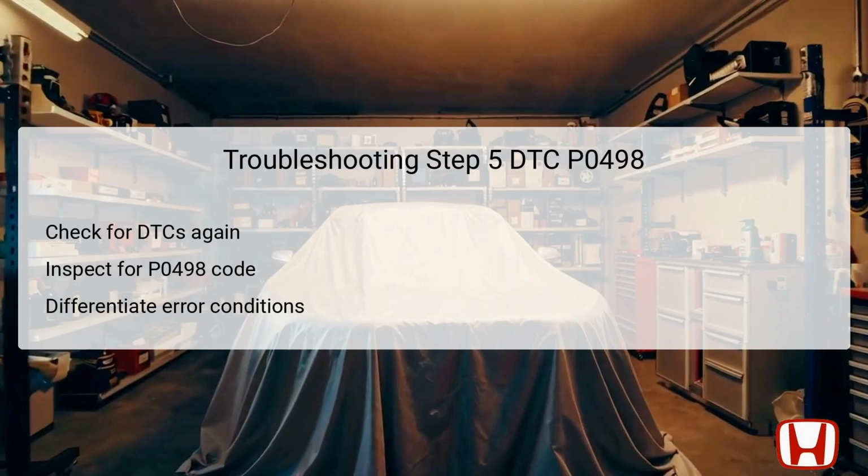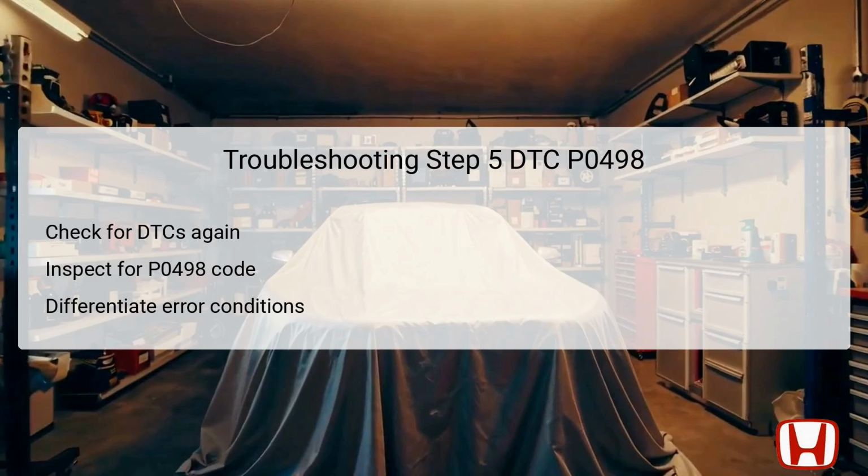In Step 5, the technician is required to check for any pending or confirmed DTCs again using the HDS, similar to earlier steps. This ensures that any new faults that may have developed with the activation of the EVAP CVS are properly documented. If DTC P0498 is indicated during this check, it guides the technician to follow through with the next troubleshooting steps. Conversely, if the code does not appear, it may suggest that the issue is intermittent and not